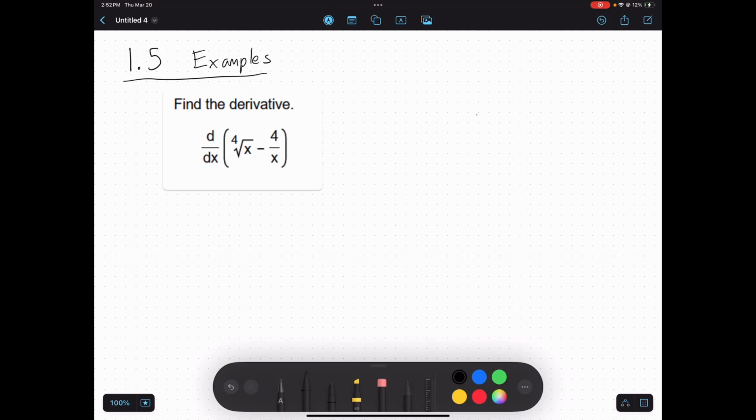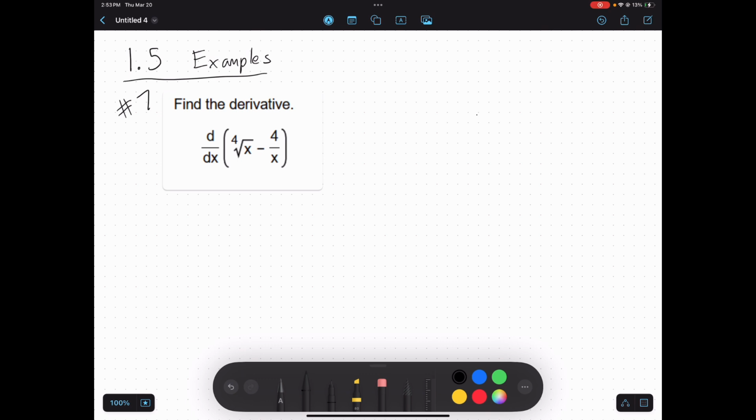Today, in our example video for 1.5, we're going to be going through a couple of problems from the homework, and we're going to be starting with number 7. So this is number 7 from the 1.5 homework. And this is asking us to take the derivative of this function that's the 4th root of x minus 4